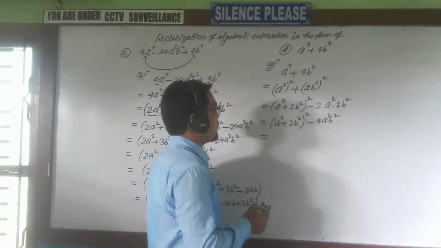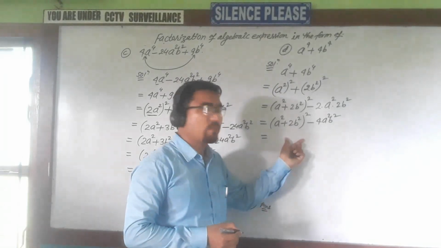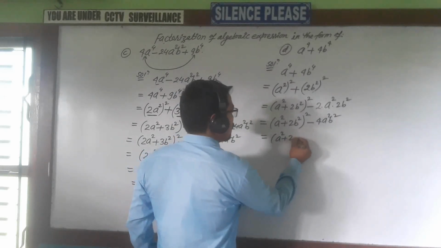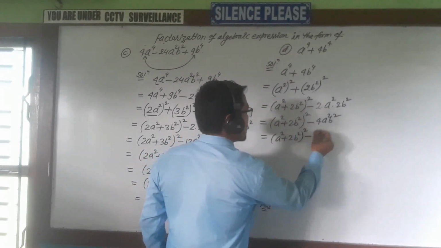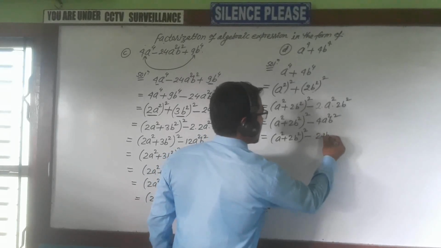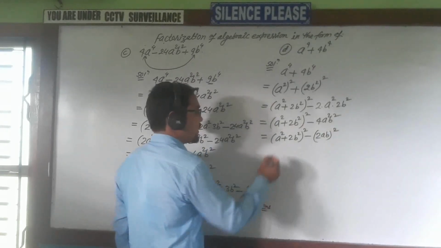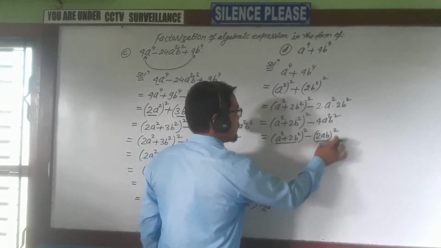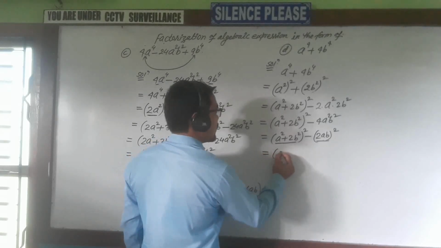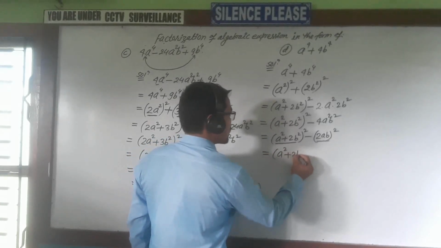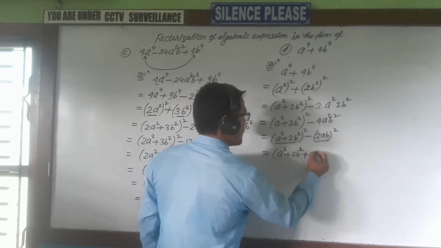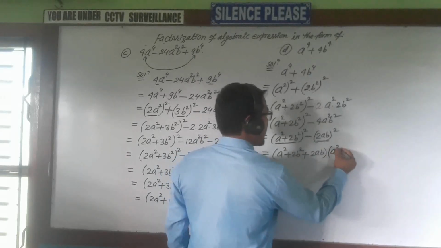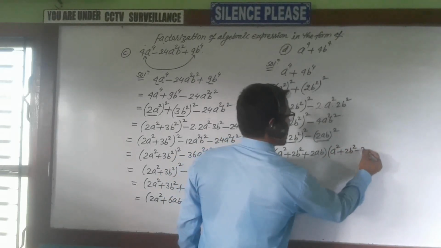Again it goes into the form of a square minus b square. We can apply the formula of a square minus b square there. Then we can write here a square plus 2b square as it is, and put minus 4a square b square, so we can write 2ab whole square. Now all of you looking here, this we suppose a, this we suppose b. That is a square minus b square, which is equal to a plus b. That is a square plus 2b square, plus b, where b represents here 2ab. A plus b written. Similarly, a minus b: a square plus 2b square minus 2ab.